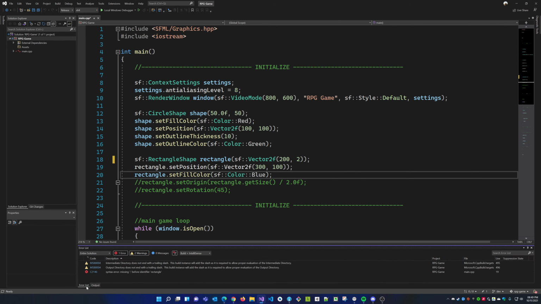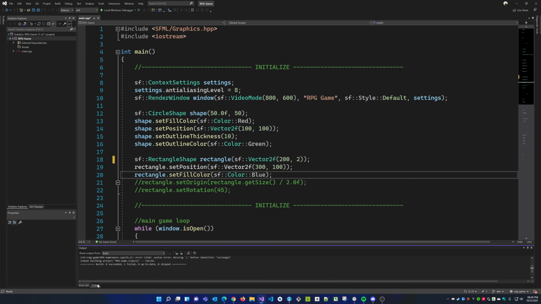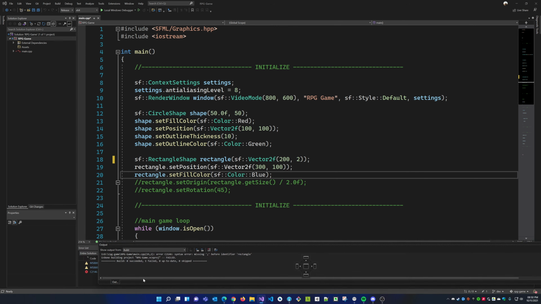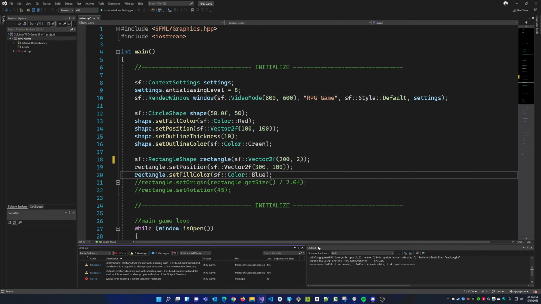Now, what I usually like is to have my error list and output side by side. If I click and hold my output list, I can put it on the side here. So now they're side by side. I like having it that way. One more thing: do you see here where it says Build plus IntelliSense? I really don't like having both build and IntelliSense errors, so I usually just go Build only. IntelliSense errors, from experience, can sometimes be stupid and hard to figure out. So we're just going to go to Build only.